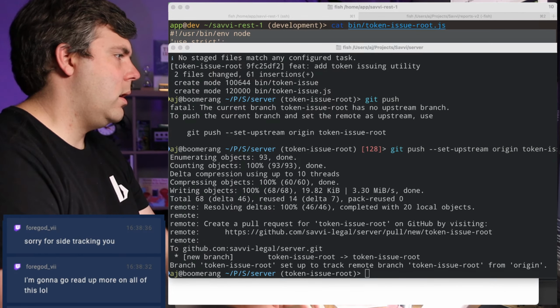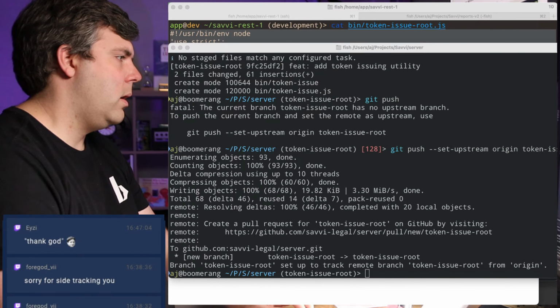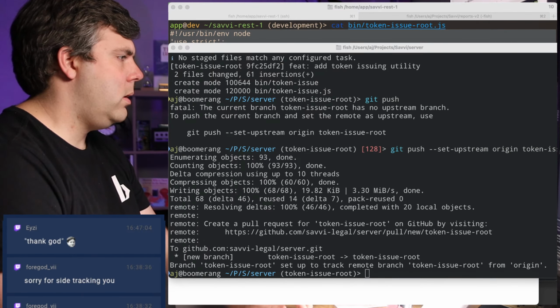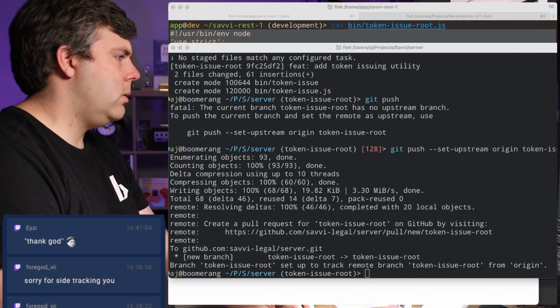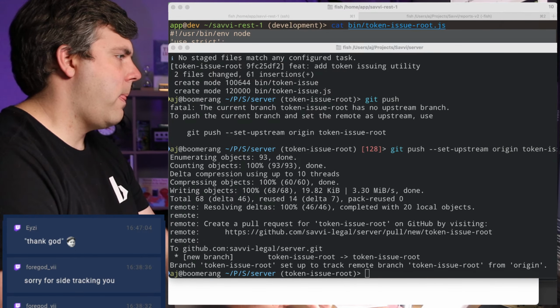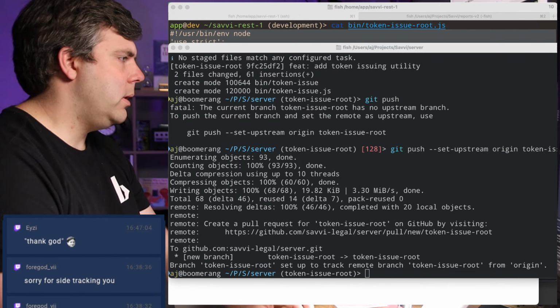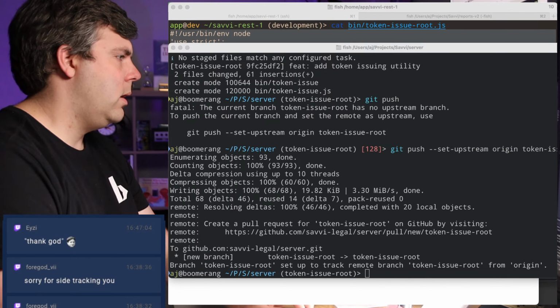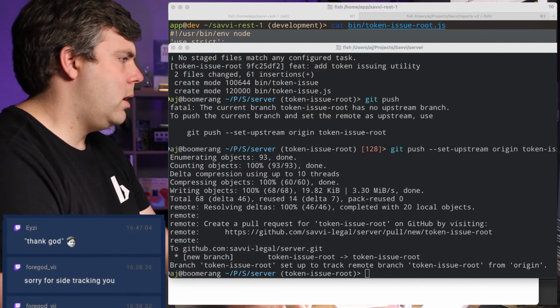Okay. And token issue dash root. And let's see here. Just going to put in some usage auth sign JWT X claims.